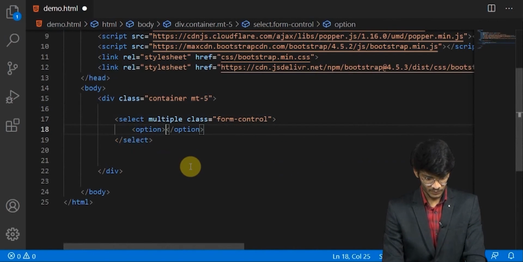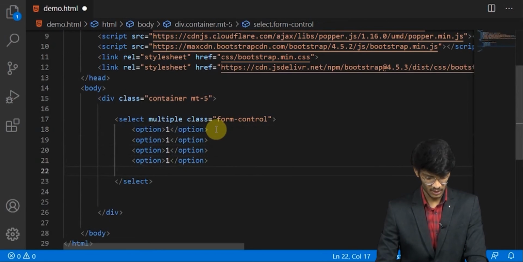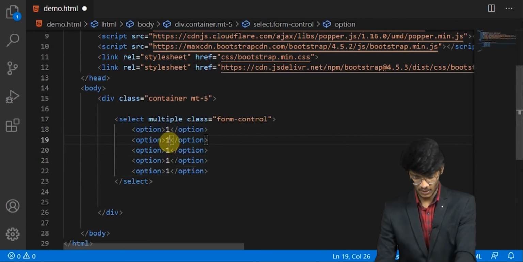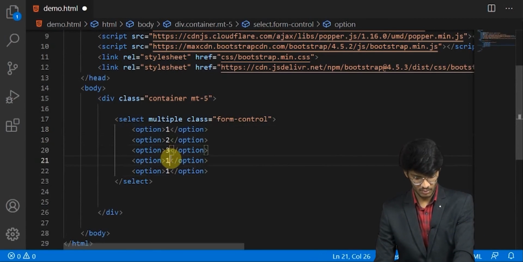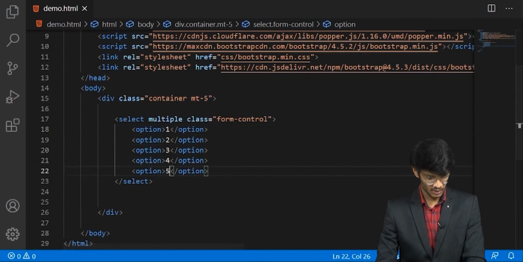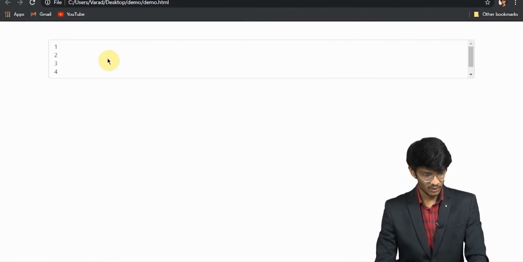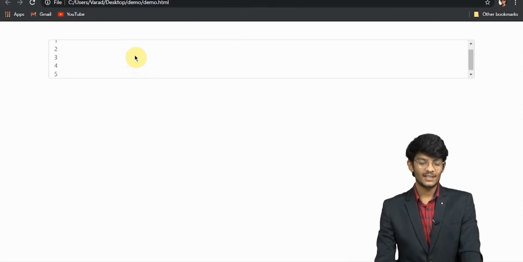We will give it 1, we'll copy, and give it 2, 3, 4, 5. Let's take a look. So this is the select tag.